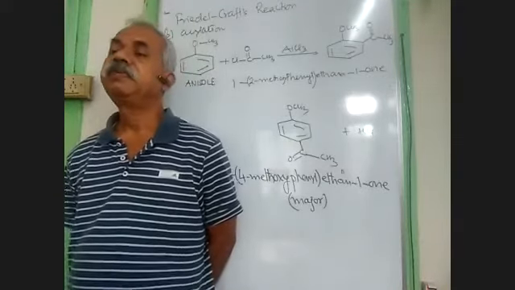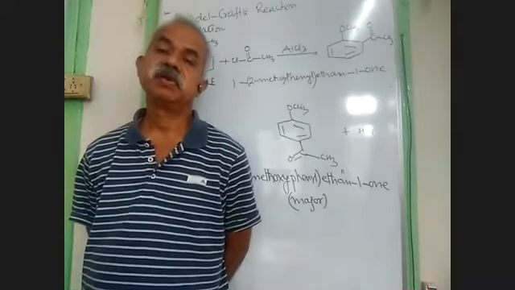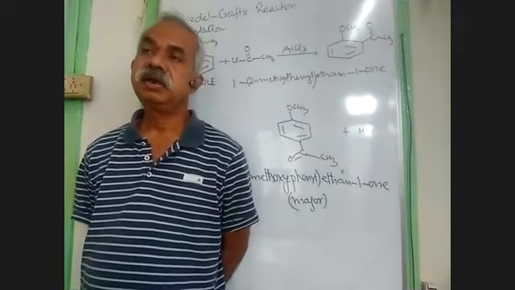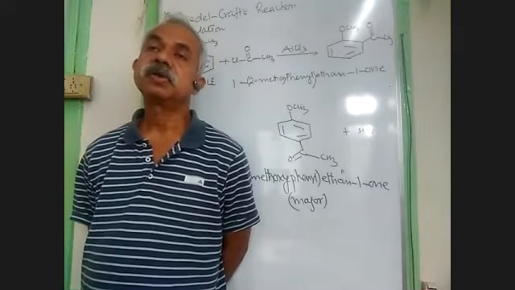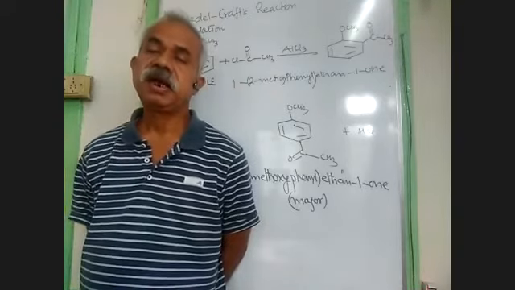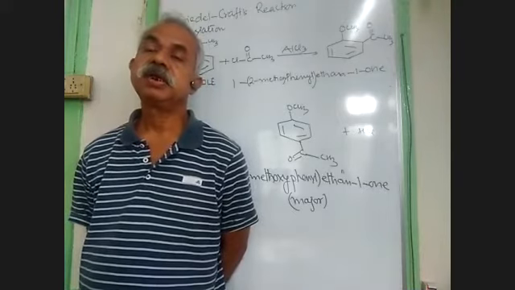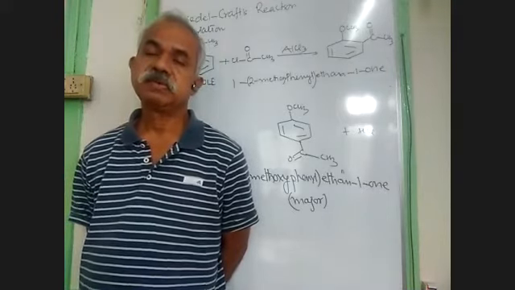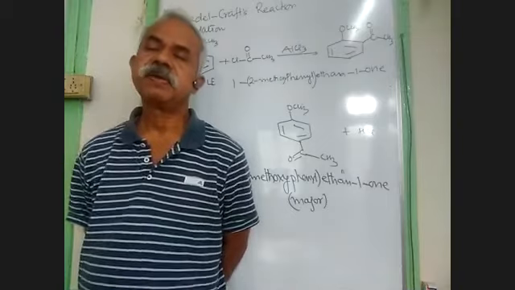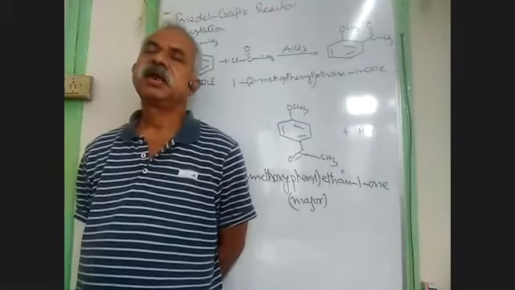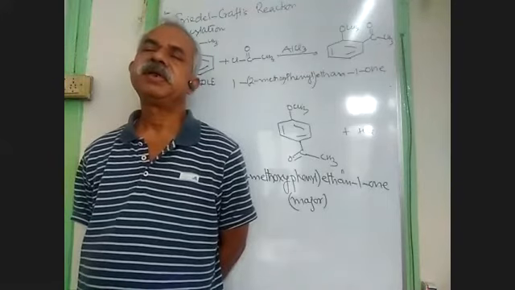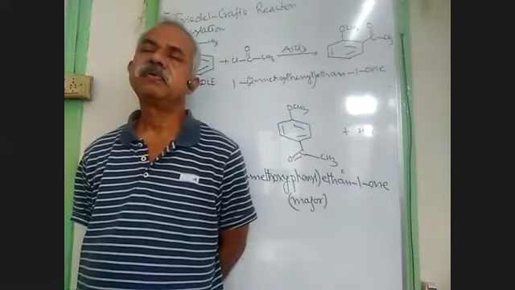Then we have discussed the oxidation of alcohols. We have found that alcohols under controlled oxidation give us aldehyde, and if you go for complete oxidation, it gives us carboxylic acids. That is for primary alcohol. So primary alcohol, if you treat it with selective oxidizing agents like pyridinium chlorochromate, in short form we call it PCC,